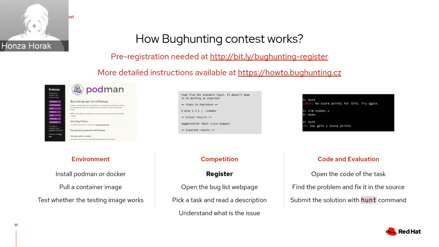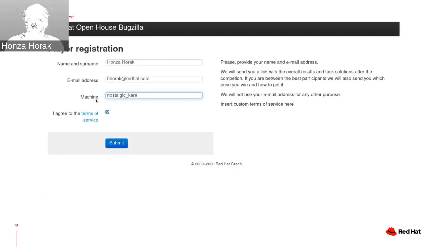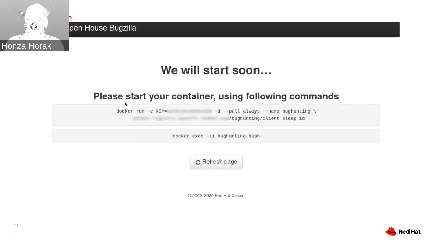For the contest itself, you will join the BlueJeans Prime Time, so you will be able to talk to the organizers. And just before your round begins, you will need to sign up with the machine name that you will be given by the mail after registration. Then you will be provided with the specific command with this key that will be unique for you. And once you start this